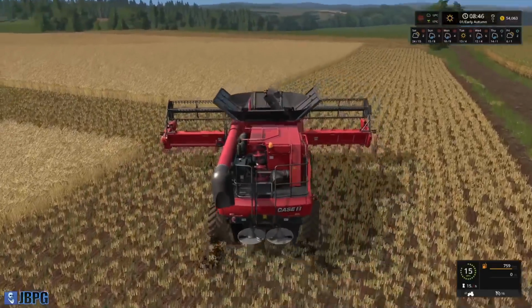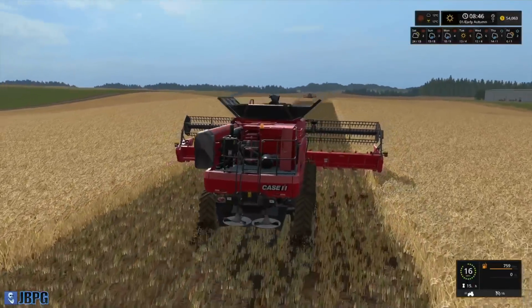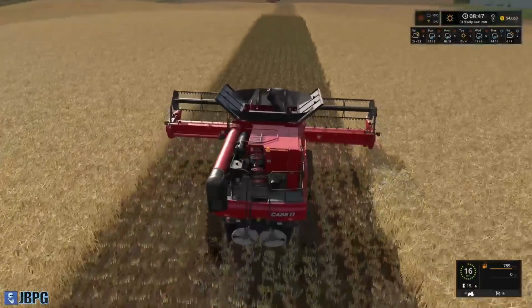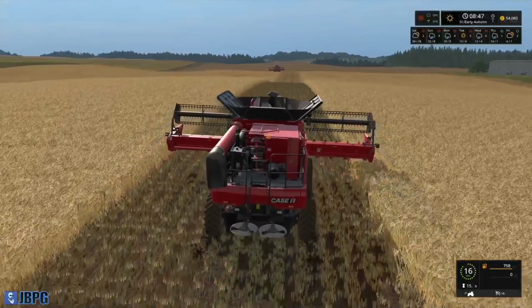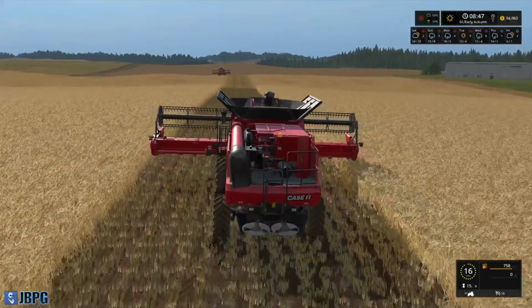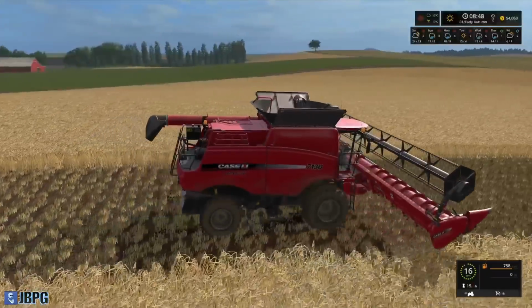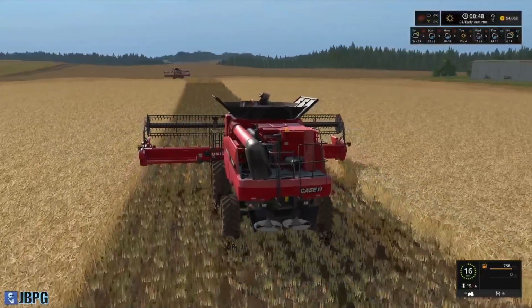So they're taking a little bit longer to actually get the harvest properly underway here. But now that it's set like this, it can just be a nice continuous run all the way through this field. So we should be able to knock it out within a couple of hours, I think, once we get started. So I'm hoping by 11 o'clock this field will be done, then we can move across and start targeting that field over there. That one's going to be a little trickier, as it always is, just simply because of